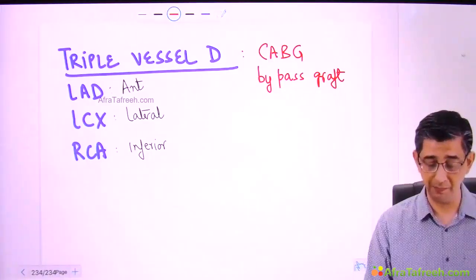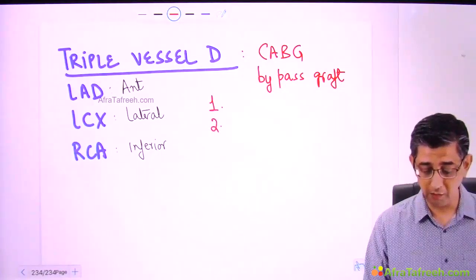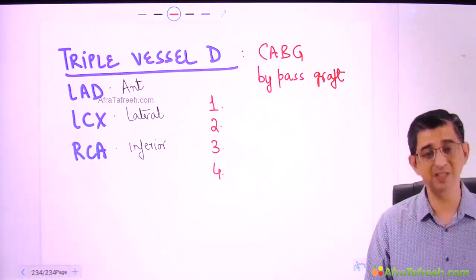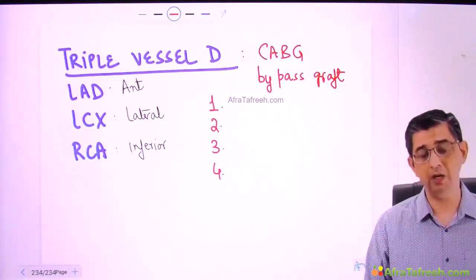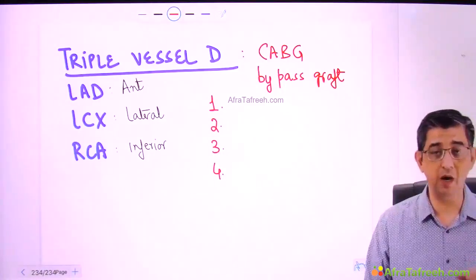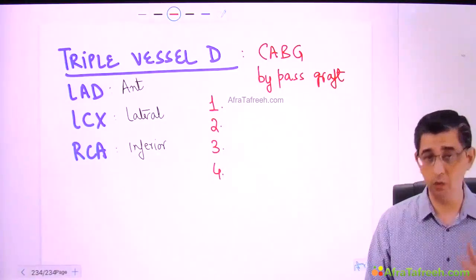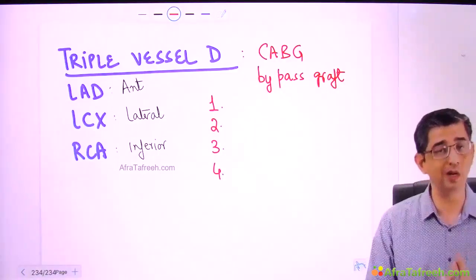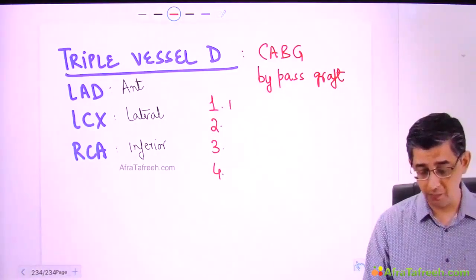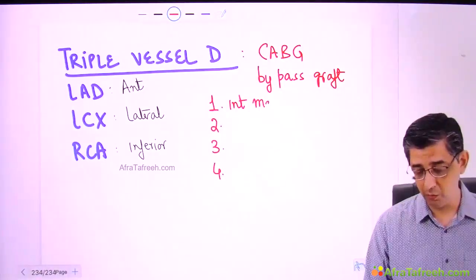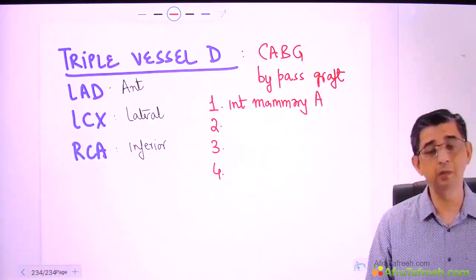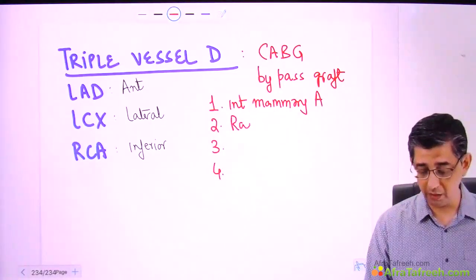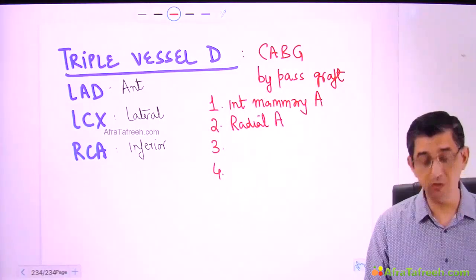what is the preferred bypass graft? Now, if you're working in a government hospital, a lot of the time you would have seen the saphenous vein being used. But I would say like this, that the performance of an arterial graft will always be superior to a venous graft. Why? Because arteries are used to a high pressure circulation. So on a comparison basis, when you do a head-to-head trial, it will always show that internal mammary artery grafts or radial artery grafts are superior as compared to the vein.